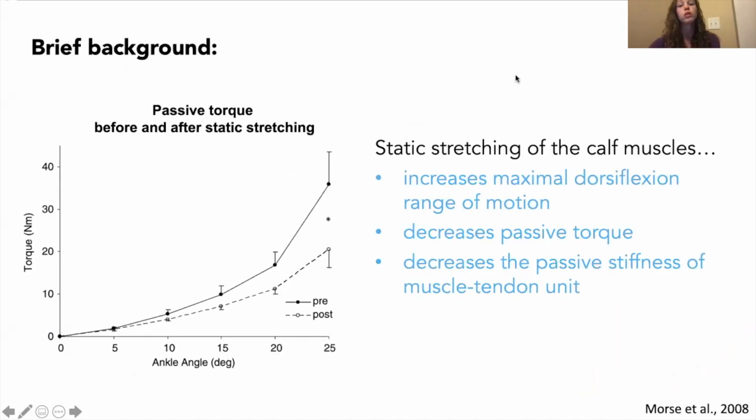So some of the most consistent results we see when static stretching the calf muscles are an increase in maximal dorsiflexion range of motion, a decrease in passive torque, as you can see in the figure on the left, and a decrease in the passive stiffness of the muscle and tendon unit. There's a possibility that these changes can be prevented if we include moderate to high intensity muscle contractions with the